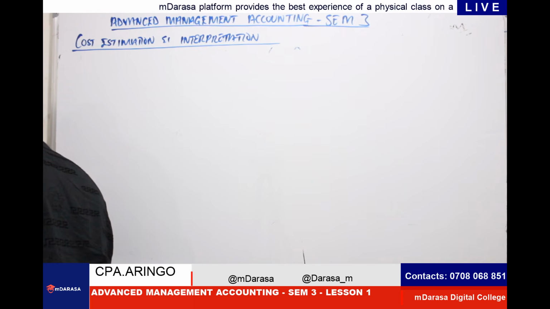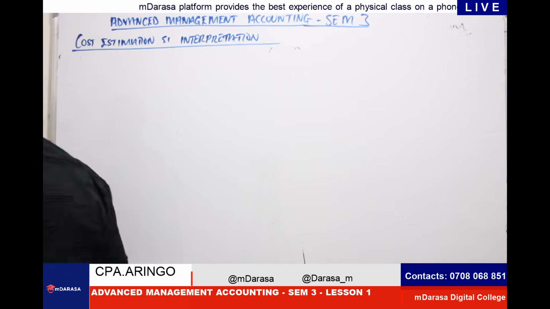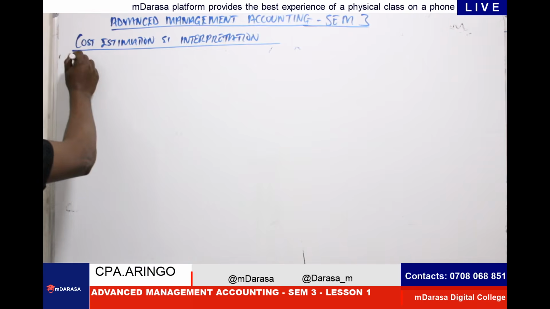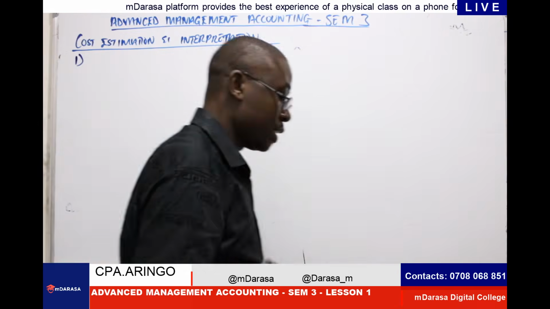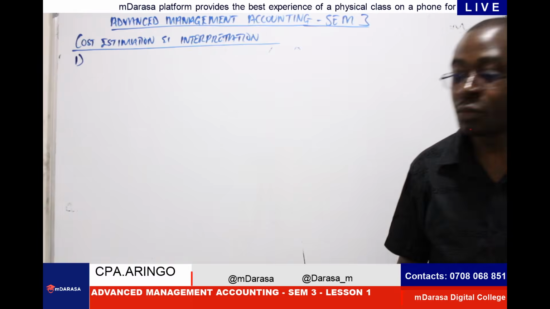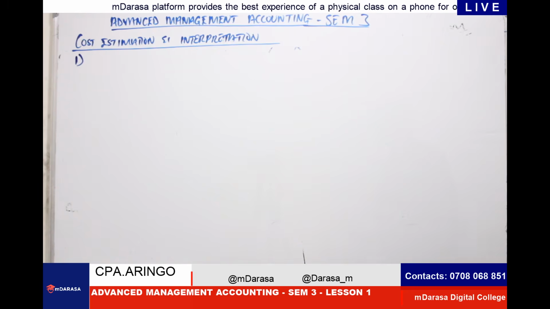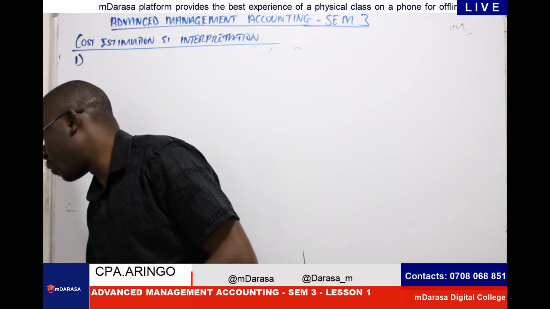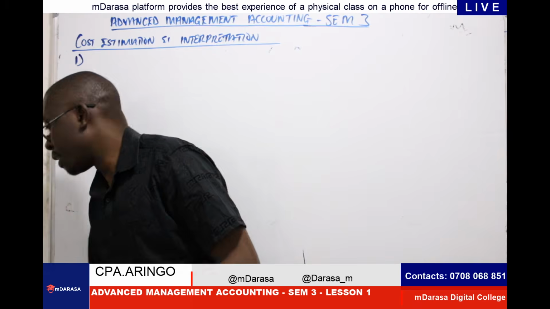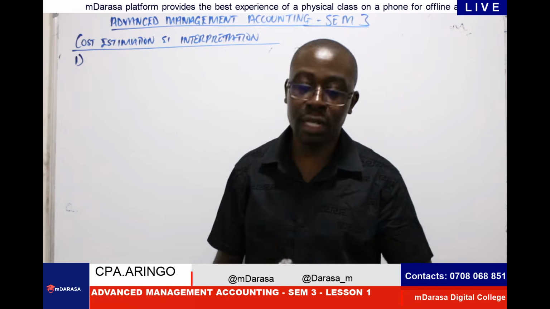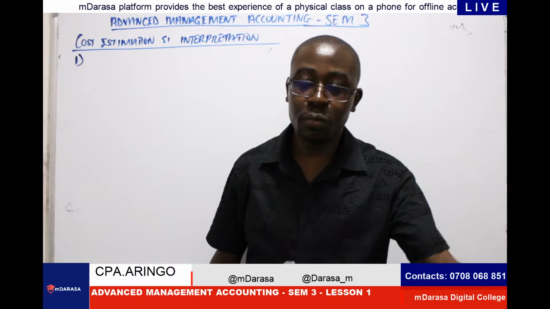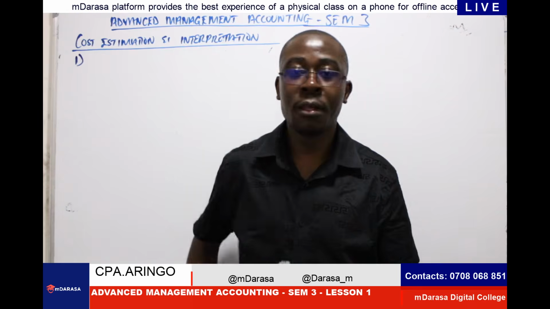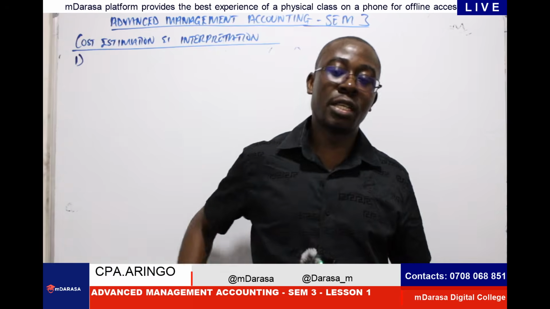Which is what? Regression or industrial engineering method. We start by considering industrial engineering method. So number one, at this point, I just mention it because it isn't something complicated. When dealing with industrial engineering method, I want us to look at it from whatever the teacher has said, that whenever we are looking at cost estimation, we want to predict cost in future. So industrial engineering method is a unique method.